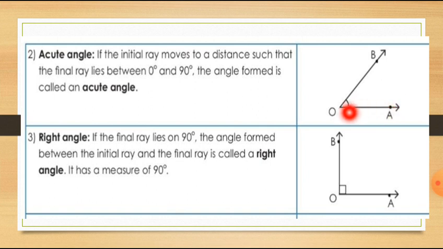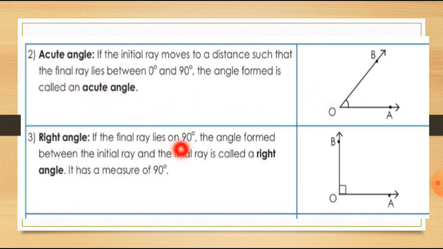Look children, you can check it by measuring with the protractor. You will get the angle is less than 90 degree, so it will be between 0 to 90 degree. This type of angles are called acute angles. So 45 degree, is it an acute angle? Yes, because that is less than 90. So 45 degree is an acute angle. Or 50 degree, 80 degree, 75 degree, these all are acute angles.